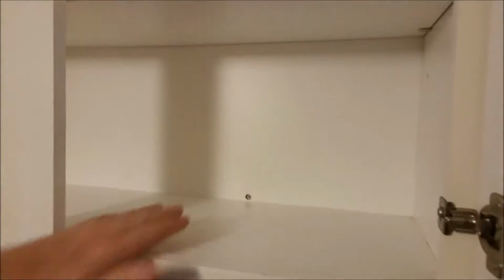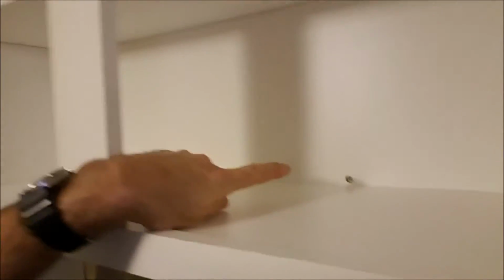Now that we're looking here, if you can see this screw, yeah, somebody tried doing this and they didn't even get far. So 1/2 inch into this bottom. No other screws down below here are securing this cabinet in. Now, what I'll do is I'll open up, and it's no surprise that within the cabinet itself, this is a finishing touch. You don't need to have screw holes inside the cabinetry. That's why these are put here, so that you can secure it against the wall without having to see